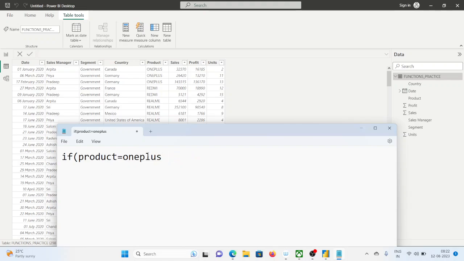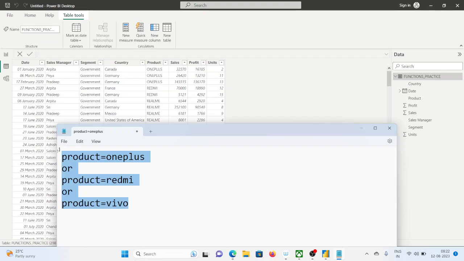Okay, so basically, let me break it down. You have product equals to OnePlus, or product equals to Redmi, or product equals to, let's say, Vivo, then give 5% bonus. Okay, got it? Yes, sir. 5% commission. Okay, so what we can do is,